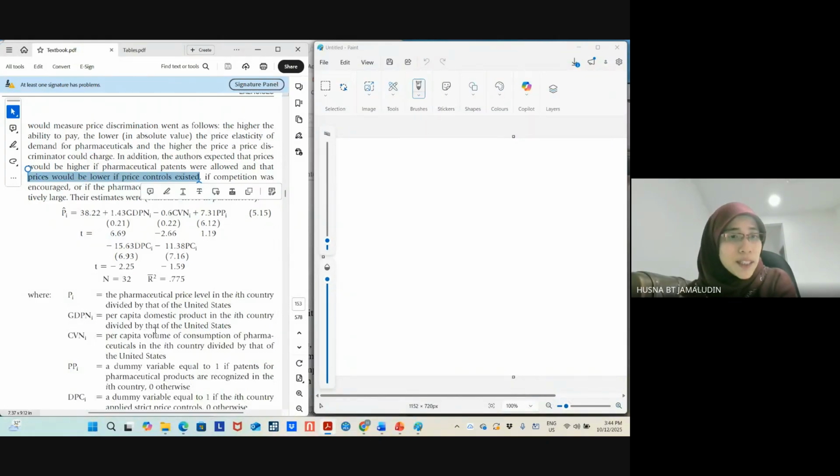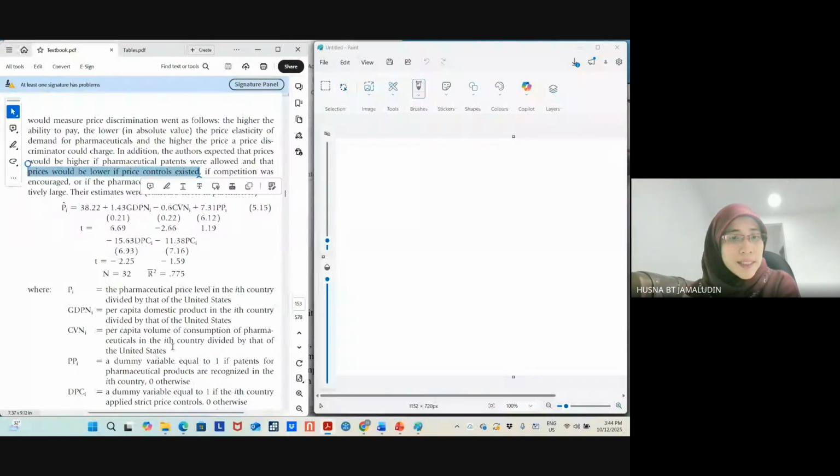Okay, so where is it? What we call a dummy DPC, a dummy variable equal to 1 if the country applies strict price control. So when the price controls are in place, the price for pharmaceutical items will be lower. And then if competition was